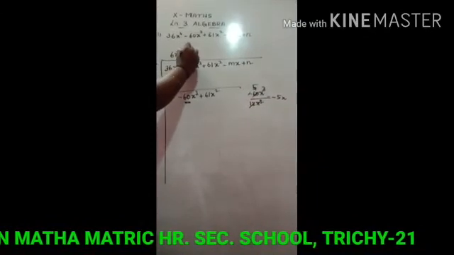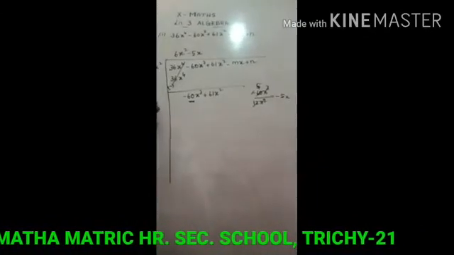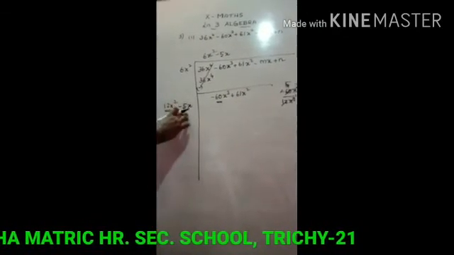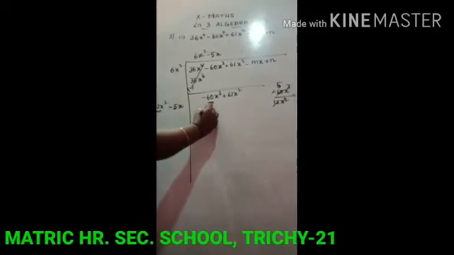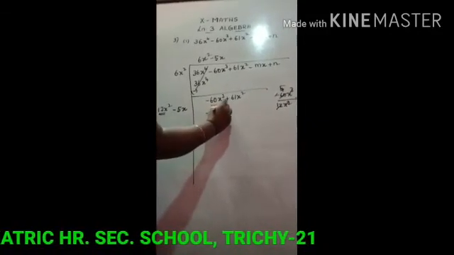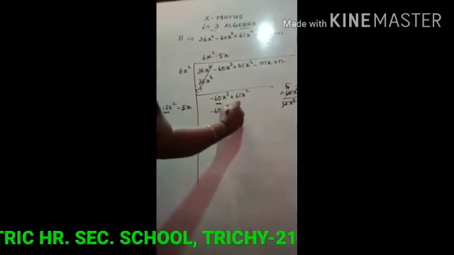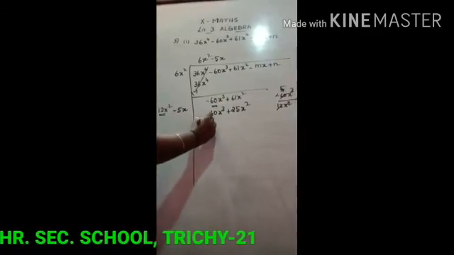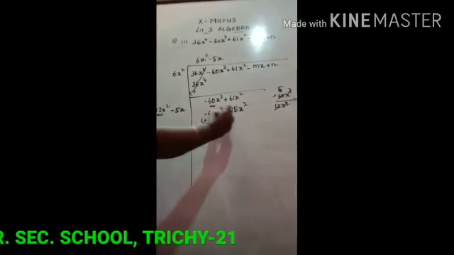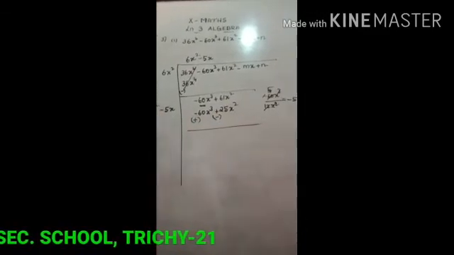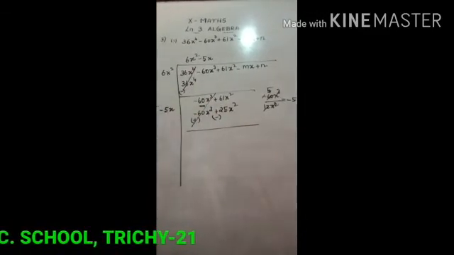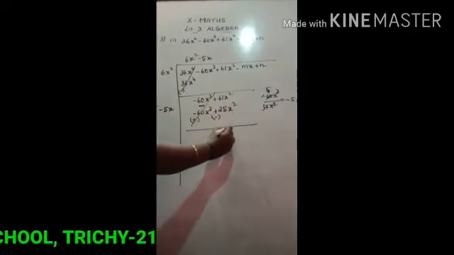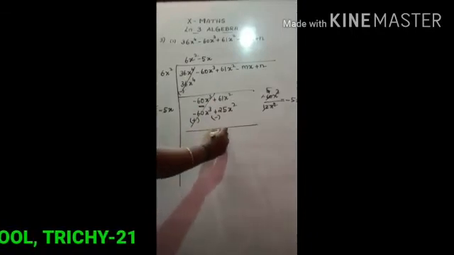Adding the expression in the quotient, minus 5x. Here minus 5x, so minus 5x multiplied into the two terms. We have minus 5 into 12, minus 60x cube, then minus into minus plus, 5 5s are 25x square. Change the symbols now: minus is changed into plus, plus is changed into minus. This cancels. So 61 minus 25, we have 36.